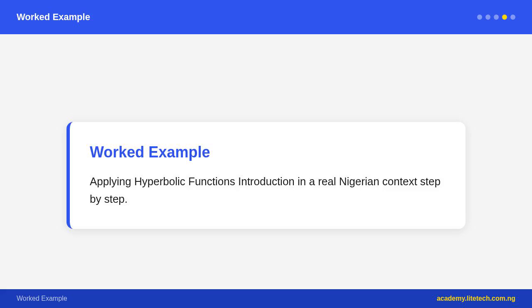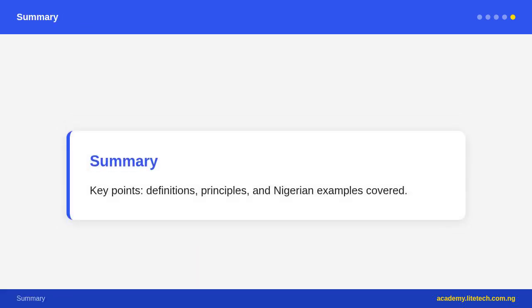Confirmed. Scientific calculators have sinh, cosh, and tanh functions. In WAEC further mathematics examinations, you may need to evaluate these or use their identities to prove results or simplify